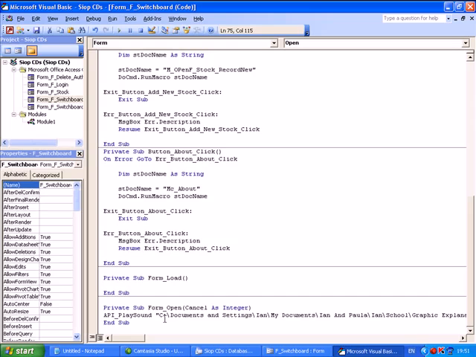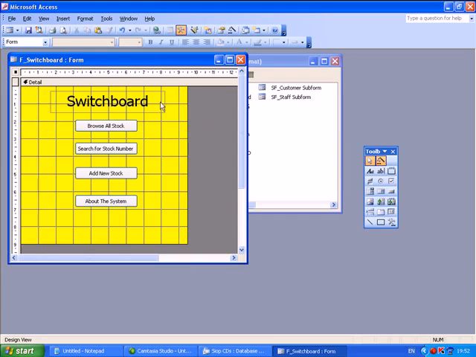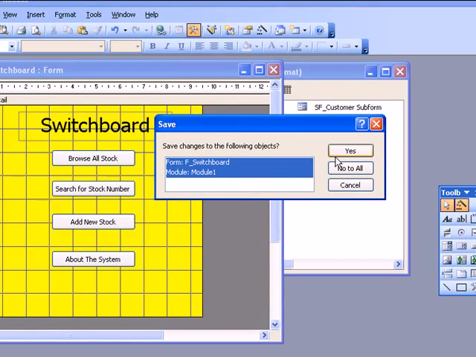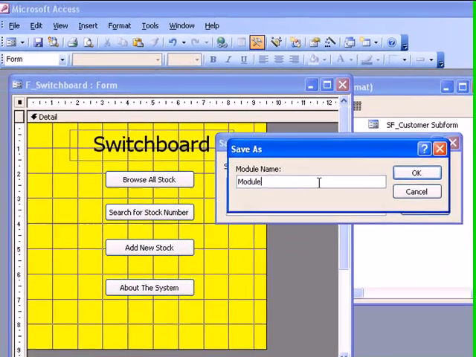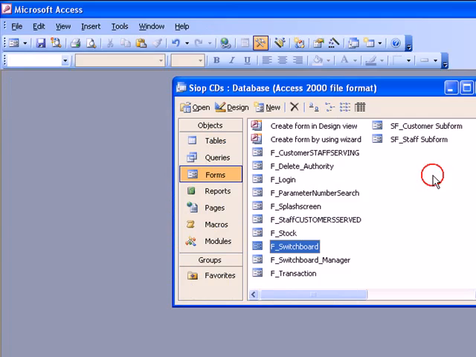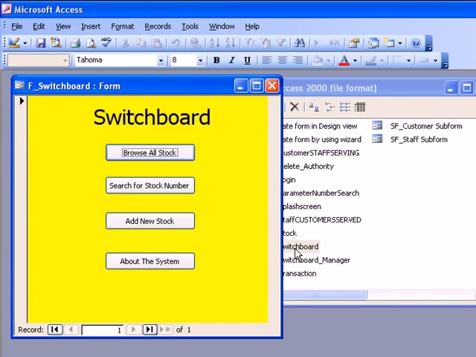All I need to do now is close the Visual Basic Editor down and close the form. Now it'll say here, do you want to save the form and save the module? Yes, you really do want to do this. So save them both. Call your module module 1 or module API sound call. Oops, retype that. Sound call, and go to OK. Now what will happen is, when I open the switchboard, it should